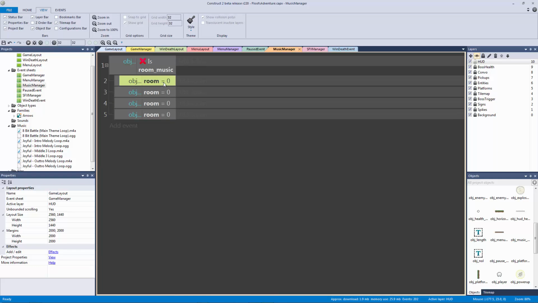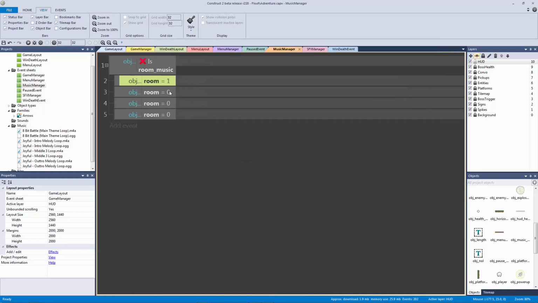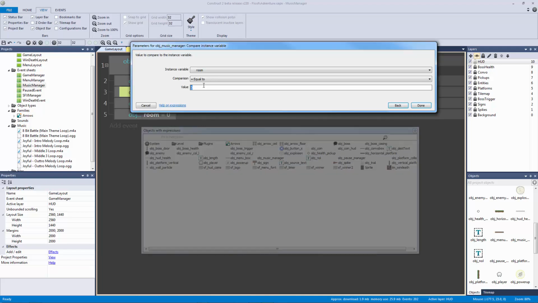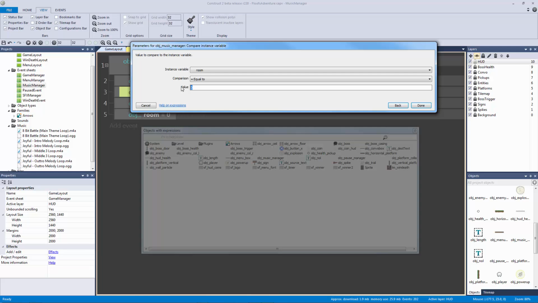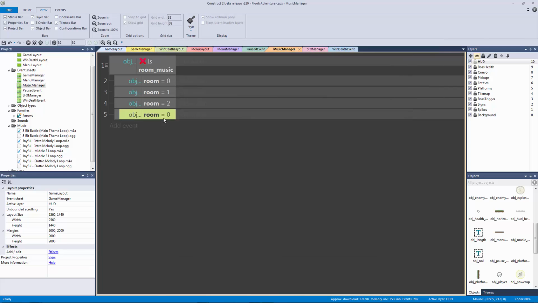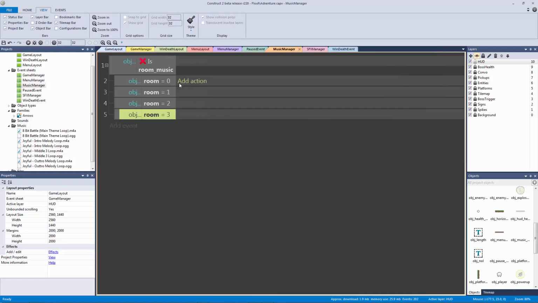Now you're probably thinking, wait, what? There's only 3 layouts. Why is there 4? Let me make this 0, 1, 2, 3. See, I'm getting confused right now. So 0, 1, 2, and 3. And the last one is going to be our boss music. So when we actually get to the boss, we're going to trigger our boss battle music,